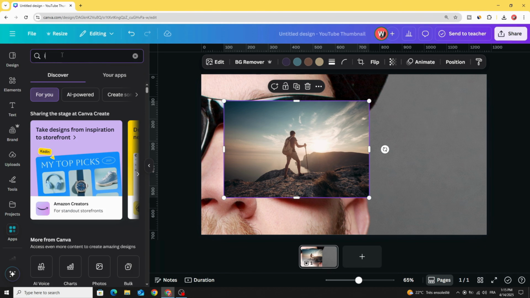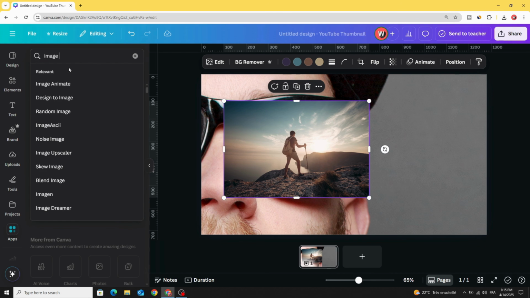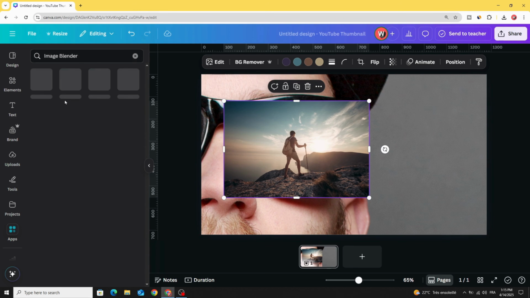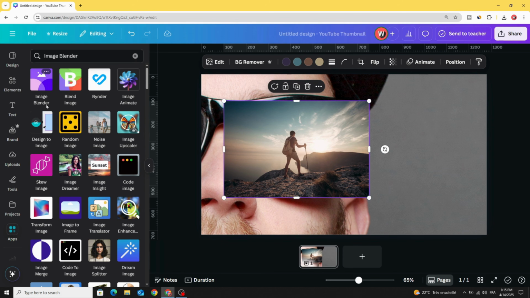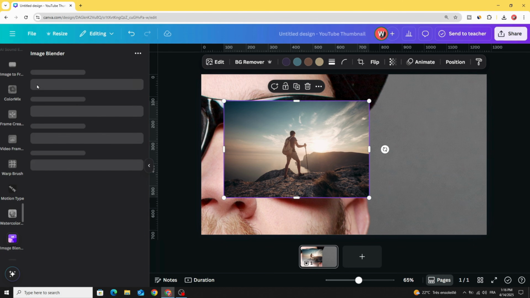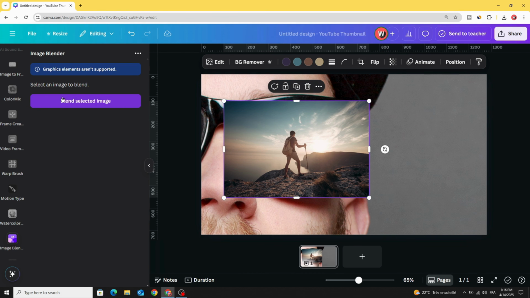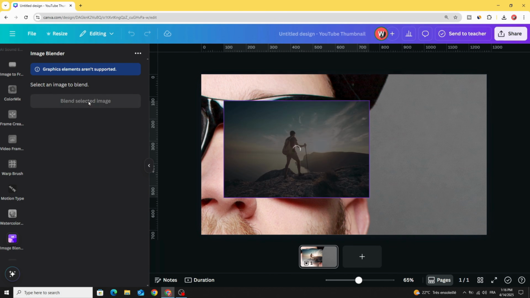and type image Blender, choose this app and make sure you select this image and click blend selected image,